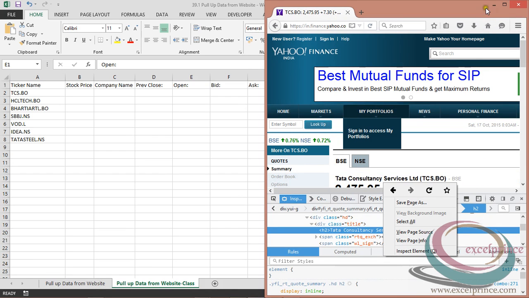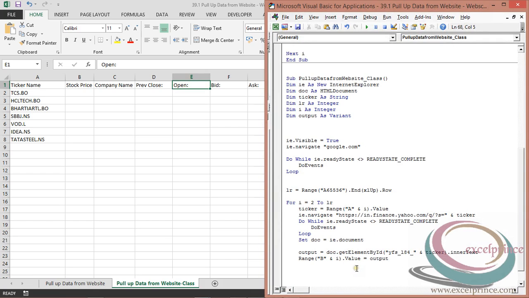There would be n number of classes over there, and I need to look at each and every class, but if my computer finds the class title, then it goes inside that and picks up the inner text. Inner text means the value. So for that I'll mention For Each element in doc, which is the document, and I'm saying getElementsByClassName. Which class name? I would say title.